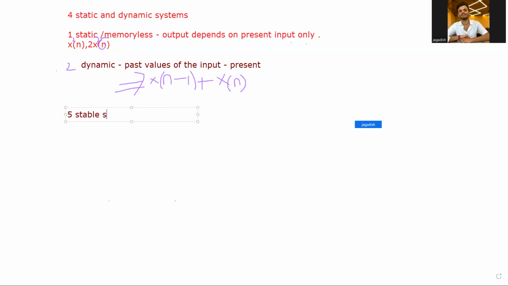The next one will be your stable system. You need to read all these definitions. You need to write along with an example to get the complete marks. So what is the meaning of stable system definition? You need to write